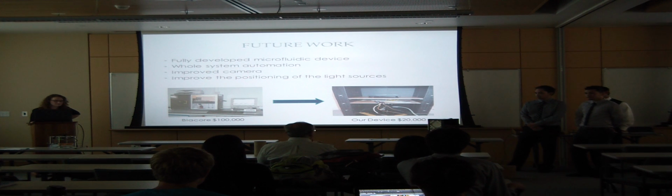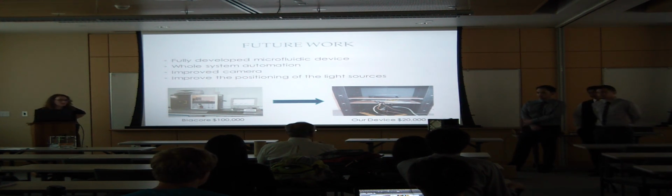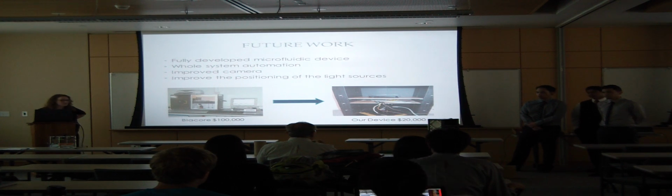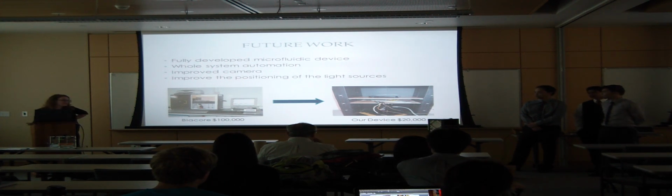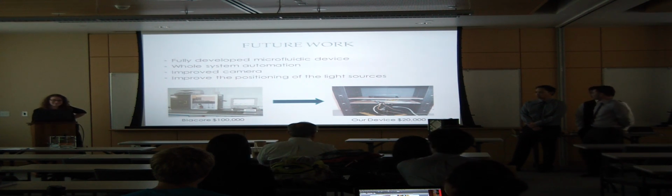What's the camera? It's a CMOS camera that we're using right now. But in the future, we would like to use a CCD. How much does that cost? That's priced around $400, but we got ours online from